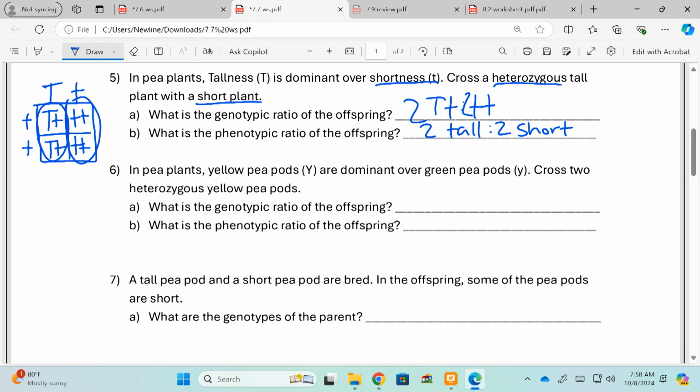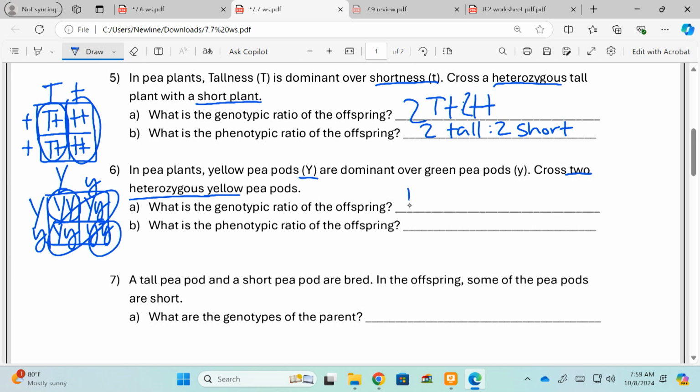Okay, so 2 heterozygous yellow. Okay, let's draw our Punnett square. Okay, and because they're heterozygous yellow, that means they're going to have one capital Y and one lowercase y. So just like that, and then we're just going to complete the cross. Okay, what is the genotypic ratio? Well, as far as the genotypic ratio goes, here's one combination, here's another combination, and then this is the last